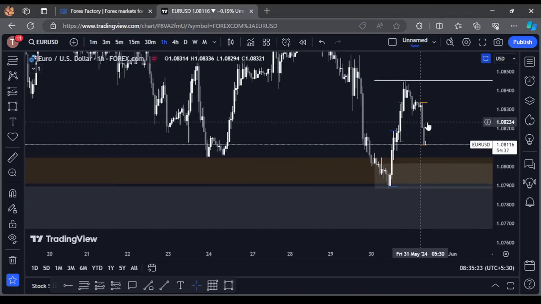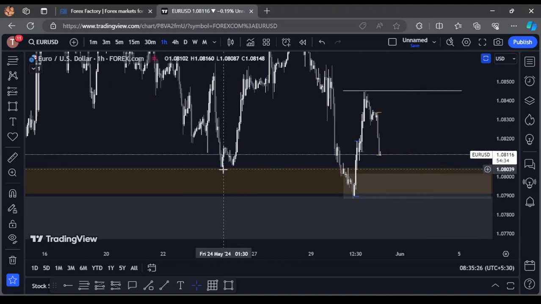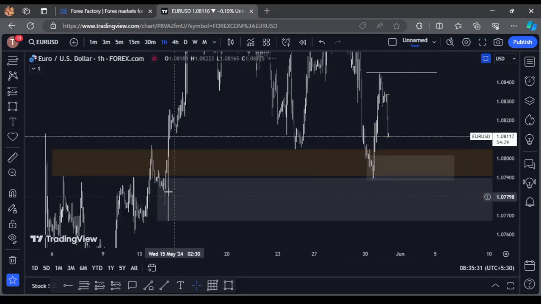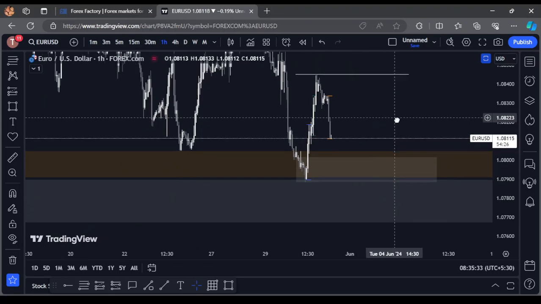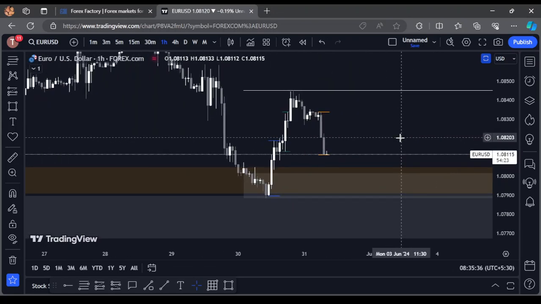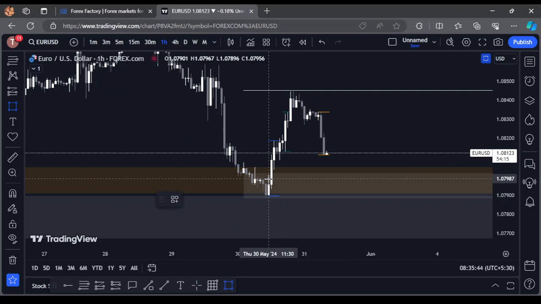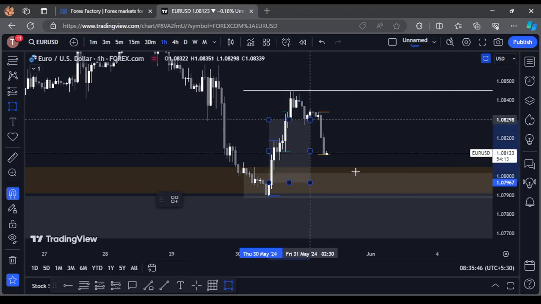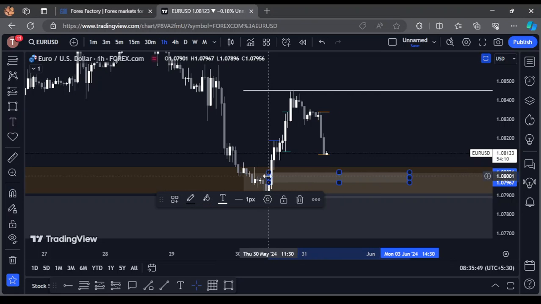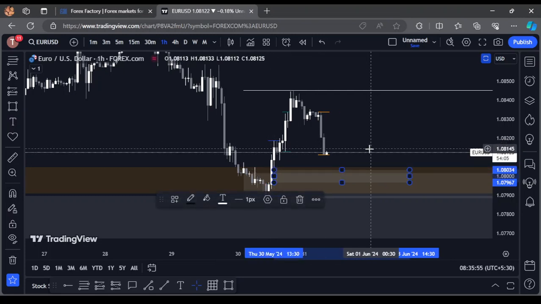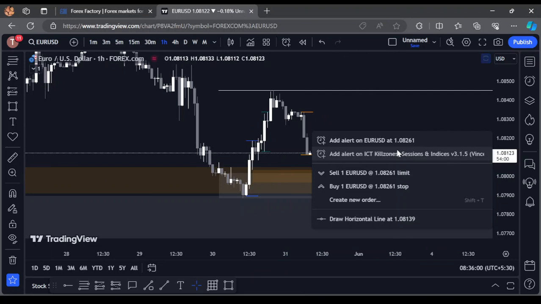So in the 1 hour, what we have is this strong low being established by the market. And the 50% of this leg could be a reason for the reaction. But currently what we have here is these levels and this unmitigated FVG in the market. So I'll be marking it like this. Okay. Which is in the confluence of the higher time frame POI. So yeah,